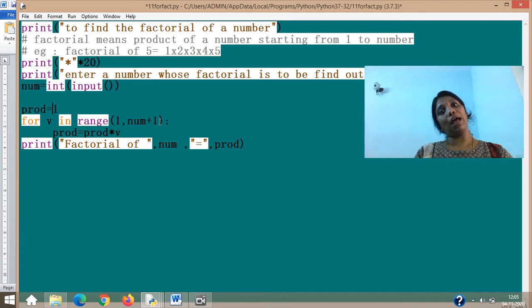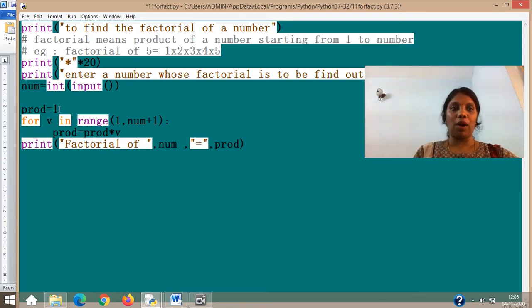That is why I am just showing you, you can have any such varieties here. Alright, so v in range 1. So the first iteration v will be assigned with 1, and that value will be assigned to product, because you know 1 into 1 equal to 1. So you understood again why we are assigning prod equal to 1, because in order to store a continuous process of product multiplications, you need that first initialized value.